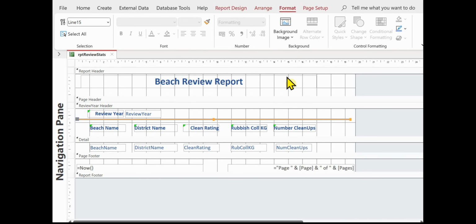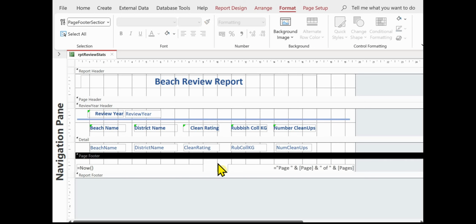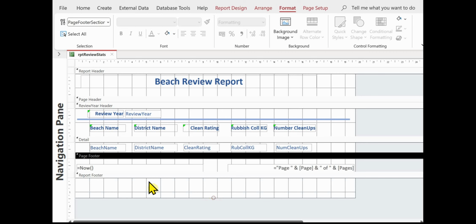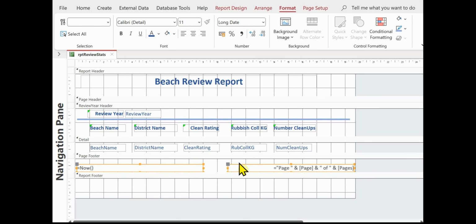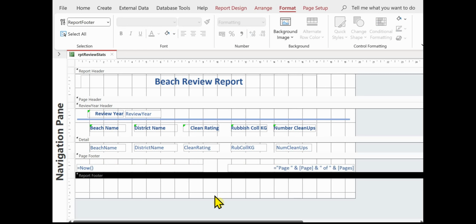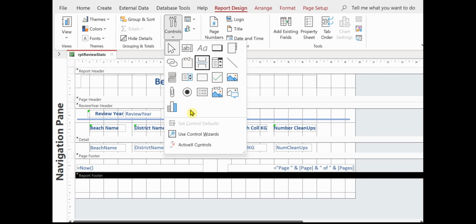Next thing I'm going to do is create the totals at the bottom of the report, and I'll also put a line on between the end of the detail and the report totals. Just while I'm here, I'm just going to turn these page numbers and dates to the same colour as the rest of the text. Okay, so to put these totals on, it's quite easy. We're going in the report footer, and what we need to do is add up the rubbish collected and the number of clean-ups. We do this by putting on a text box,